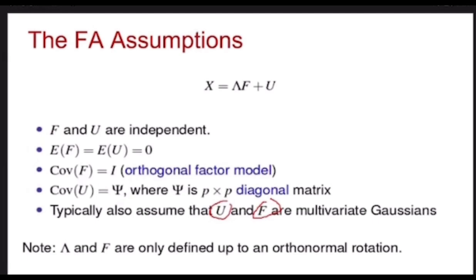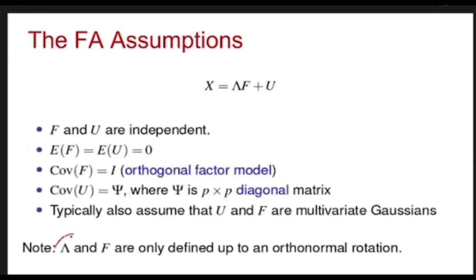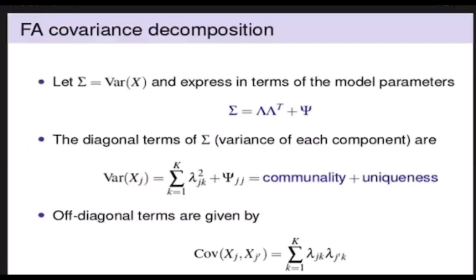Okay. And we also note that this and F are only defined up to an orthonormal rotation. With orthonormal rotation, we're trying to say the orthogonality is preserved. The angle has to be 90 degrees. Okay. Now, moving on to the model, the hypothesized model is going to consider a